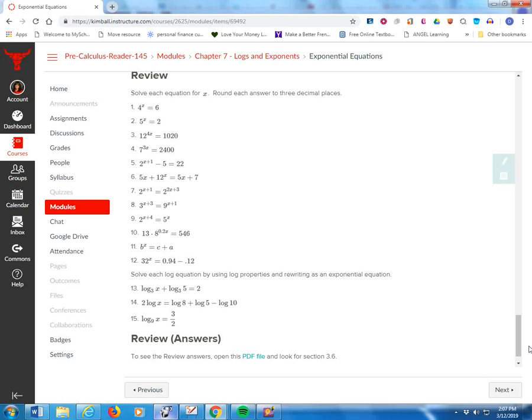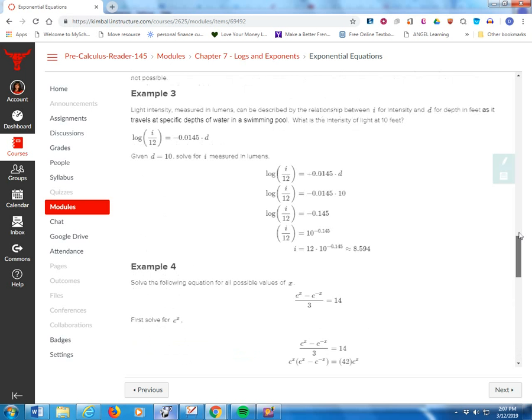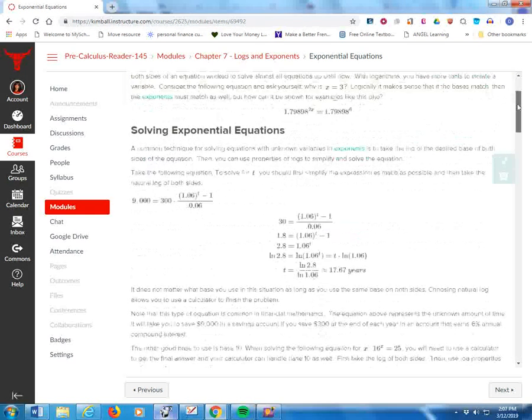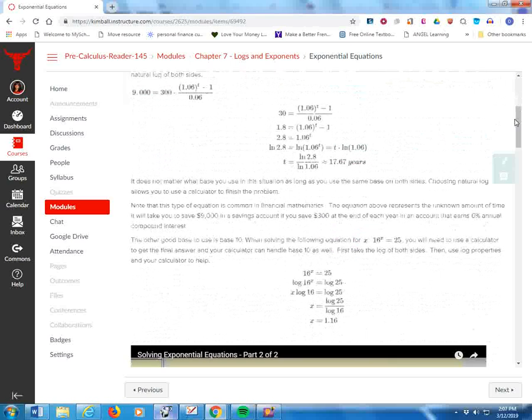Okay? If that doesn't work, what you're going to do is take the log of both sides. And you can use whatever base you want, but I would recommend using a log with a base that you could use a calculator with, so you're not having to change the base on top of everything else. So you could use natural log or just the log, base 10. Okay? So as an example,